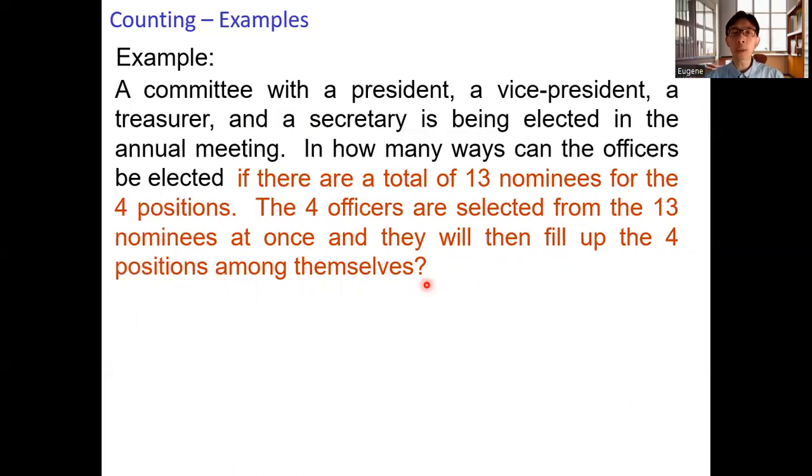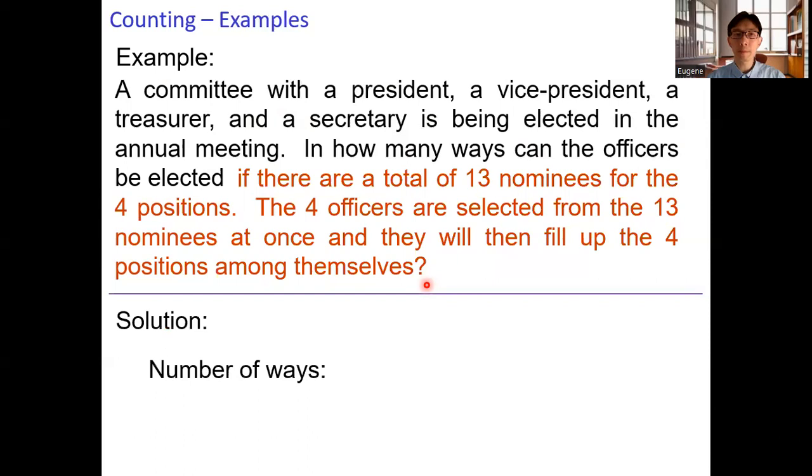Here, the order a person is elected does not matter. So this is an example involving combinations. We choose 4 out of 13. Order does not matter. So the number of ways is 13C4,